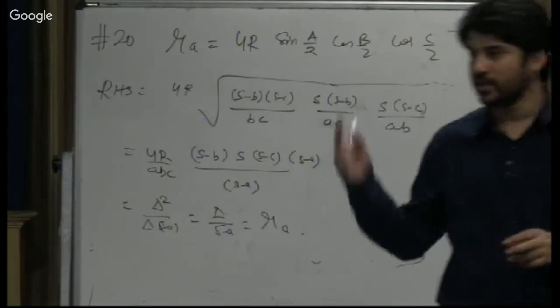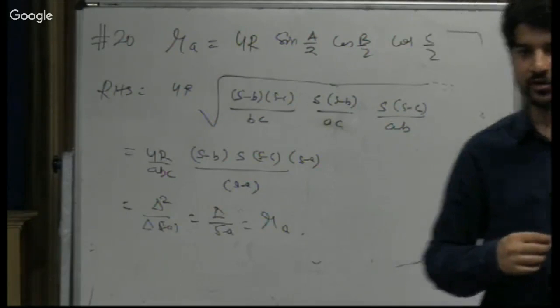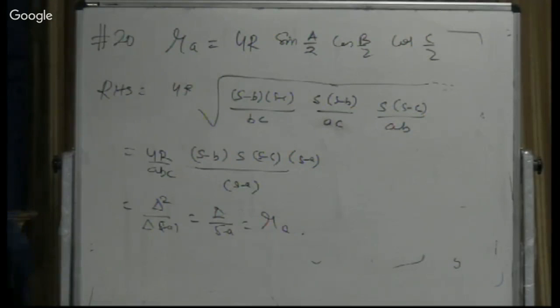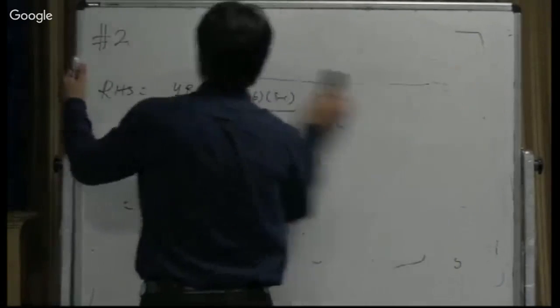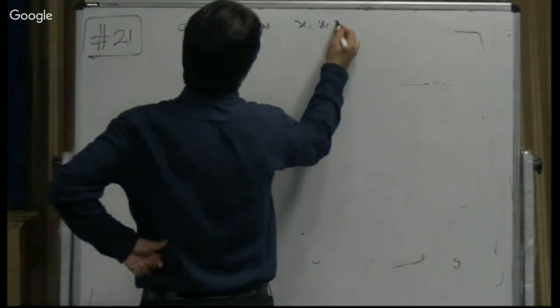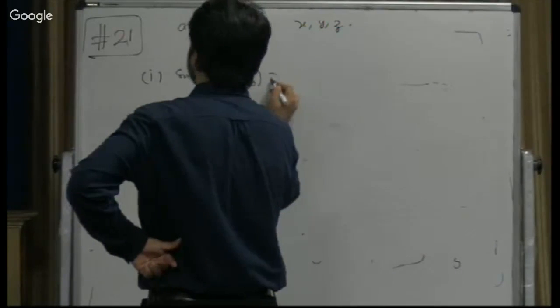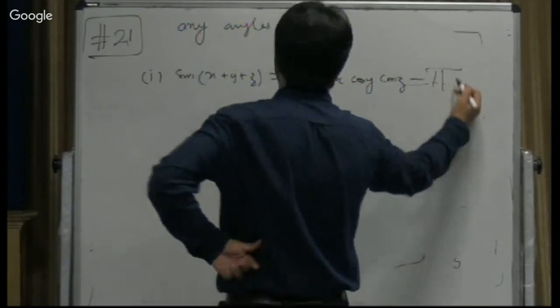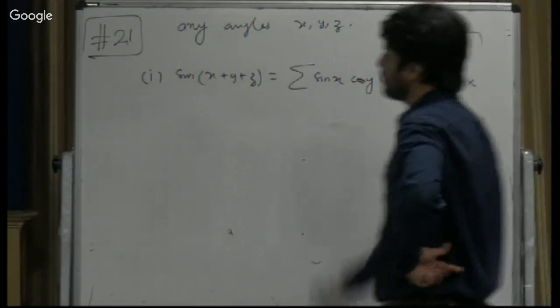हो सकता है तुमने ट्रिग्नोमेट्री में किया हो, 3 एंगल्स के सम वाला किए, प्रूफ किया है, चलो प्रूफ करो। फॉर एनी एंगल x y z, for any angle xyz, prove that, show that, this is your 21st property, for any angle, not of triangle, any angles, show that first sin x plus y plus z is actually equal to sigma sin x cos y cos z minus pi sin x. सिग्मा और पाई का मतलब सबको समझ में आता है ना,